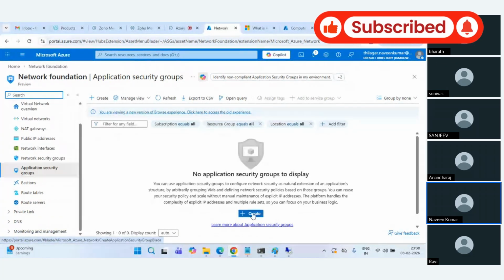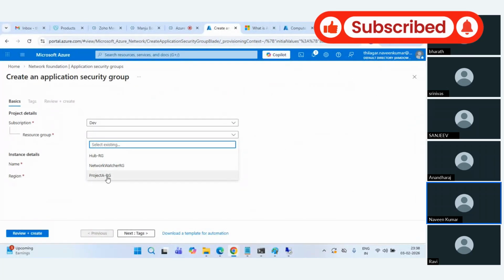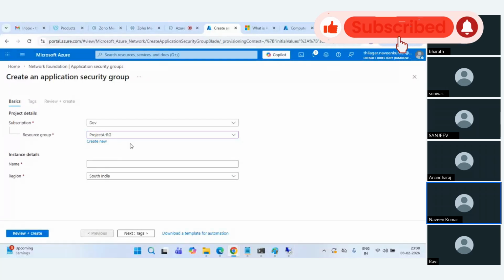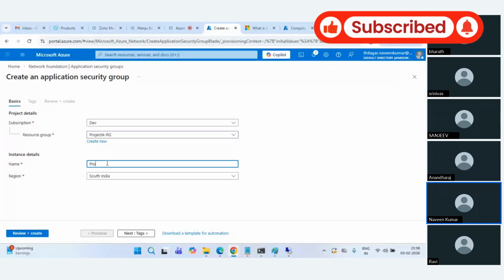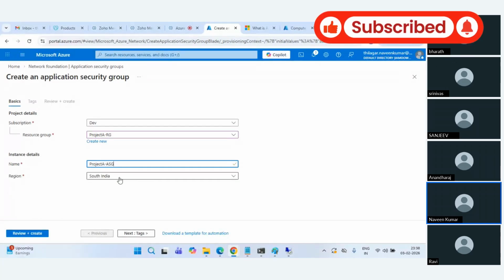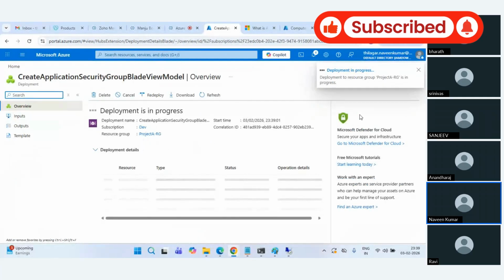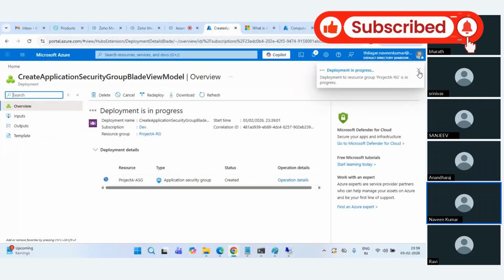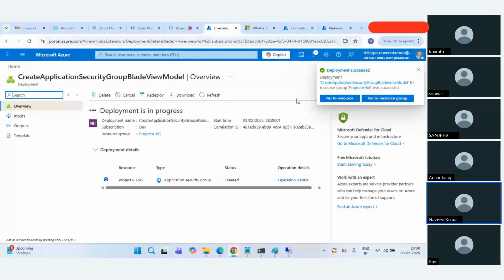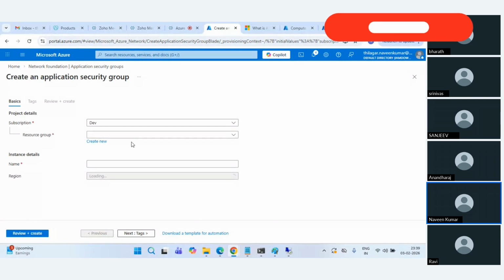We are just taking small steps and connecting the dots. Now let's go and create the application security group. This is going to sit in the project RG. I'll just name it project ASG, which is application security group. And nothing much you will define here. I should have done it in a different way. Anyways, fine. We'll not use this. I'm going to delete whatever we have created now. Let's go to the application security group. I want to create basically